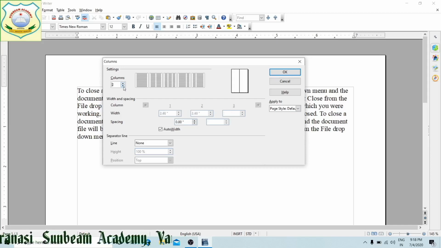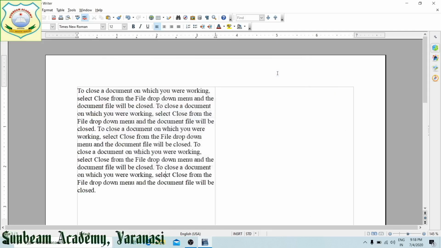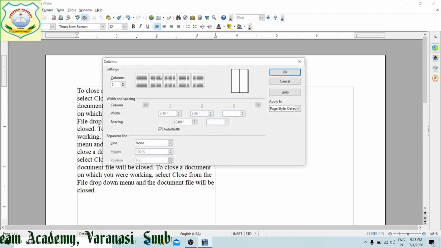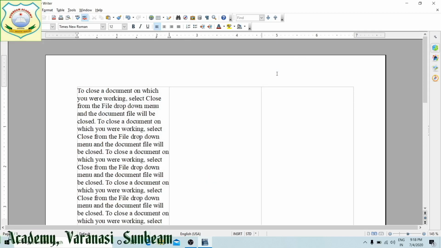Suppose by default this is 1 column, 2 columns with equal size. Now you can see your page has been divided into 2 equal columns. Next is your 3 columns. Likewise, you can divide your page into the columns you require, right?